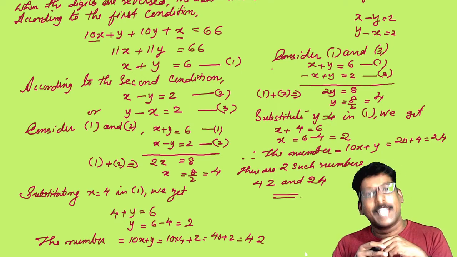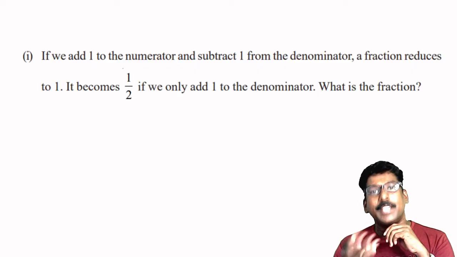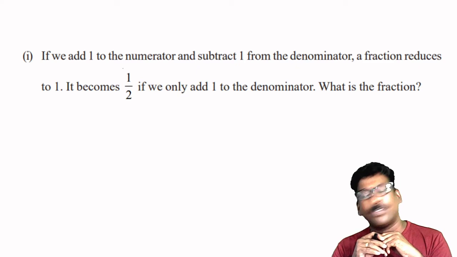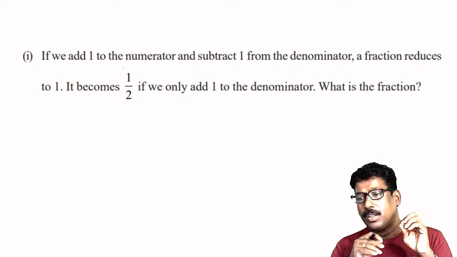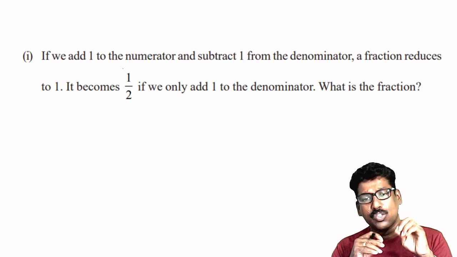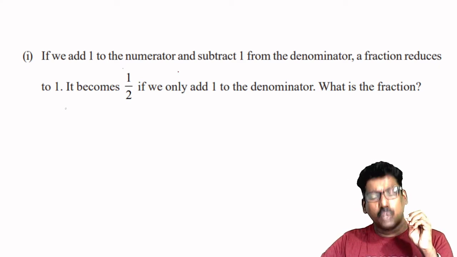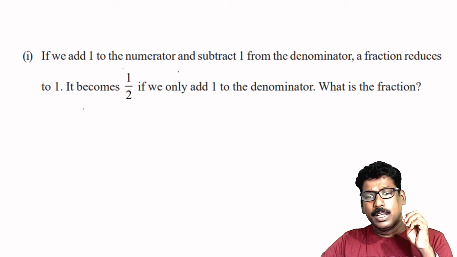Now look at the textbook questions. Here is the first question. If we add 1 to the numerator and subtract 1 from the denominator, it is a question of fraction. The fraction reduces to 1. It becomes 1 by 2 if we only add 1 to the denominator. What is the fraction? For such questions, you can take numerator be x and